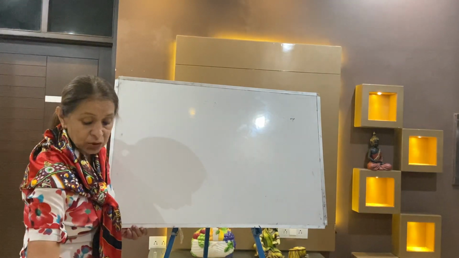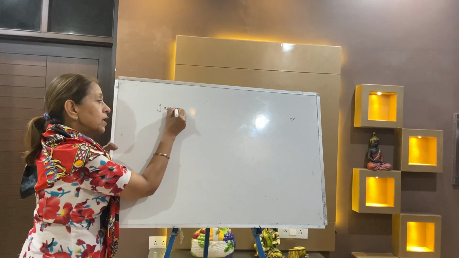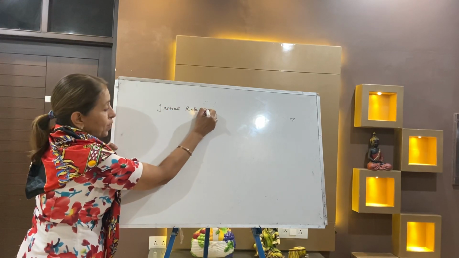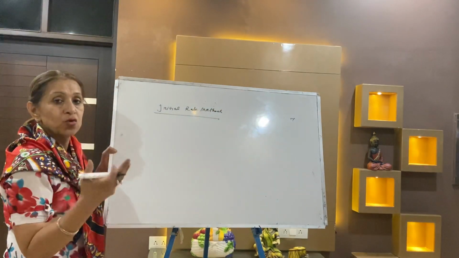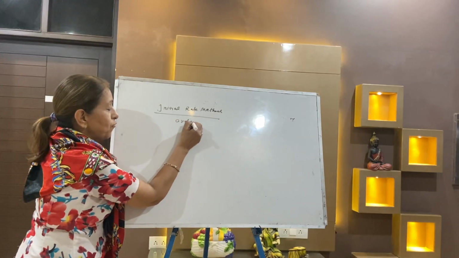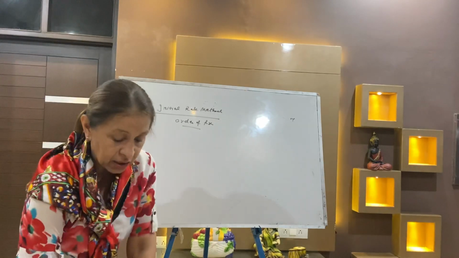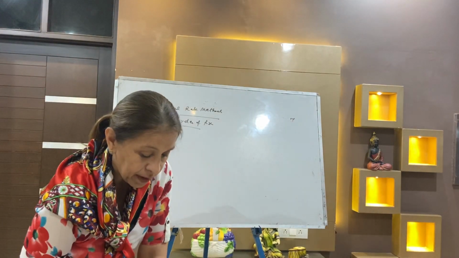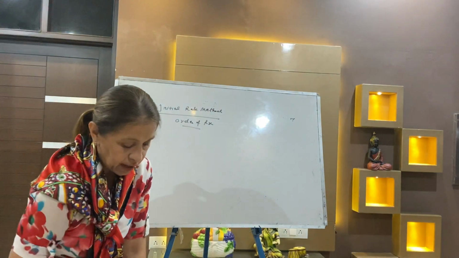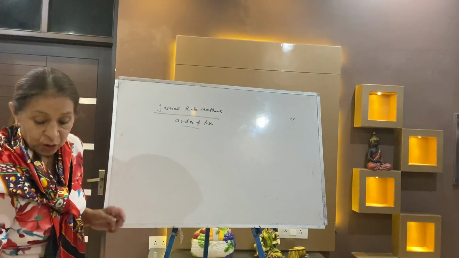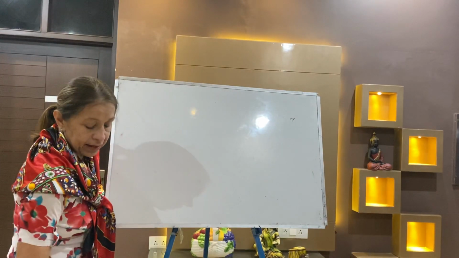Now write down the next topic, a very small topic I am taking, the initial rate method. Open the NCERT book exercise. The initial rate method is used to find the order of a reaction. It is a direct and numerical form, so I am taking the numericals from NCERT. Your numericals are 10, 11 and 12. Note down, numericals 10, 11 and 12 are of the initial rate method. I'm taking them one by one.